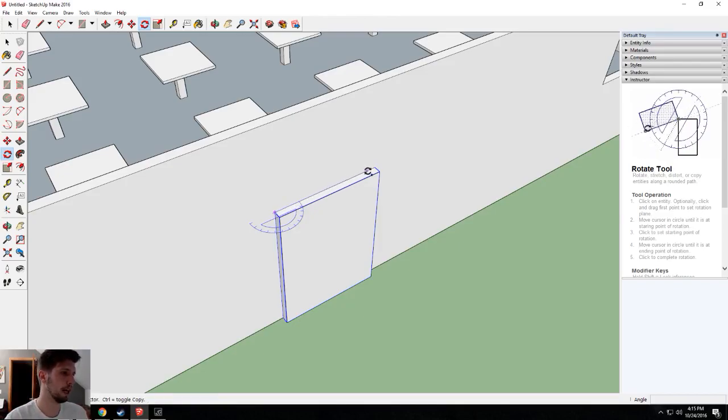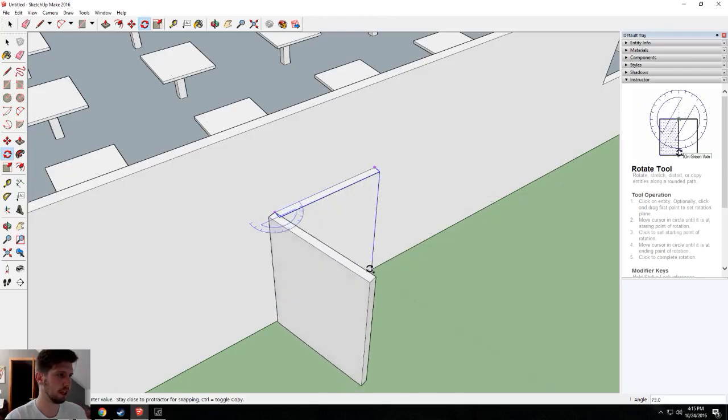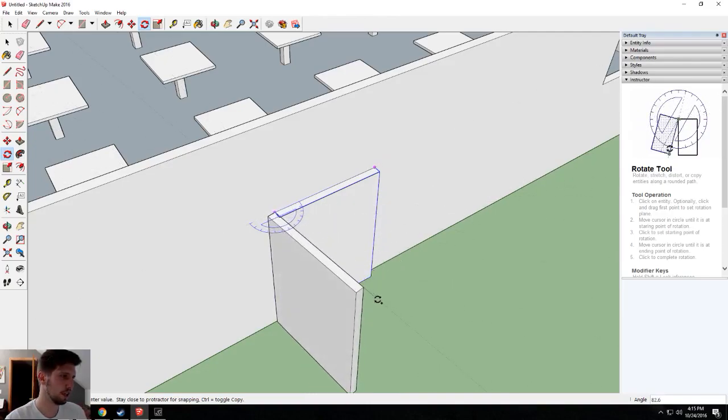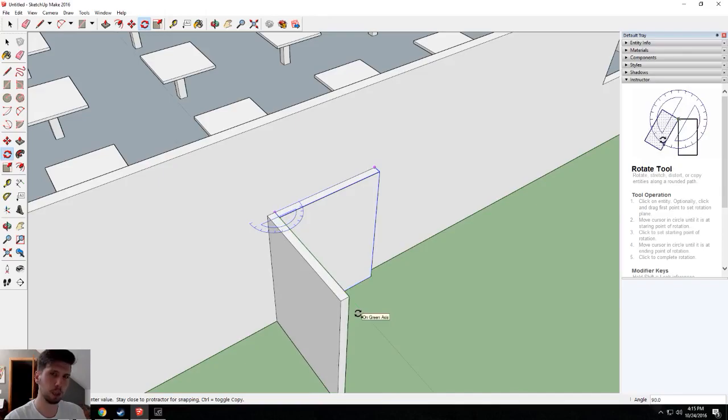I'm going to drag my mouse then to the end of my door, okay? I'm going to click a second time. And you can see I'm making a copy of my door on that hinge point, that center rotation. So for me, I'm just going to click it into place at this 90-degree angle. And then just like you might do the tables, without touching anything else, I'm going to type in divided by